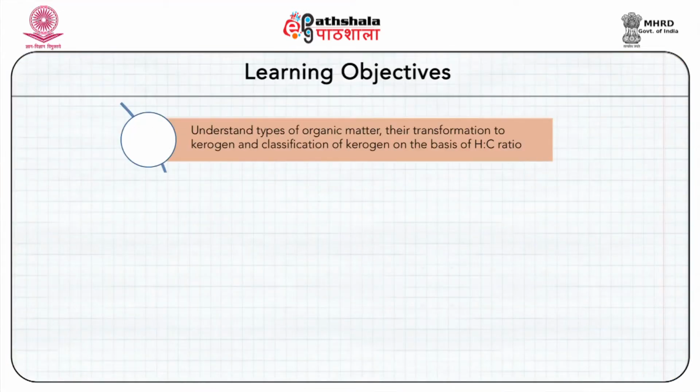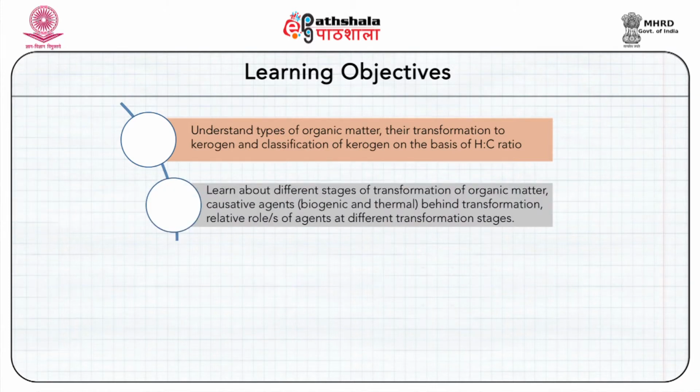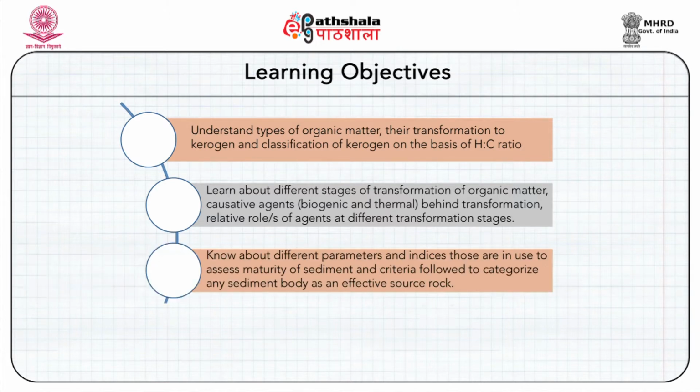Now, after studying this module, you shall be able to understand types of organic matter, their transformation to kerogen and classification of kerogen on the basis of hydrogen to carbon ratio. You will be able to learn about different stages of transformation of organic matter, causative agents, that is biogenic and thermal, behind this transformation process and relative roles of agents at different transformation stages. You will also be able to know about different parameters and indices